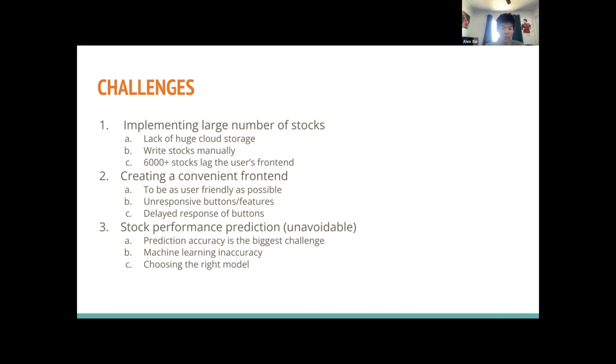Something we'll have to focus on in the future is adapting more machine learning algorithms, and probably combining them together to create a more accurate prediction. Also, choosing the right model was really hard for us, because there are a ton of models in the sklearn library, and we came up with linear regression and polynomial regression, which might seem like the two simplest ones. You know, people learn them in their math classes. Those are exactly what they are. But there are also other models that we didn't get into, which we will explore further in the future.